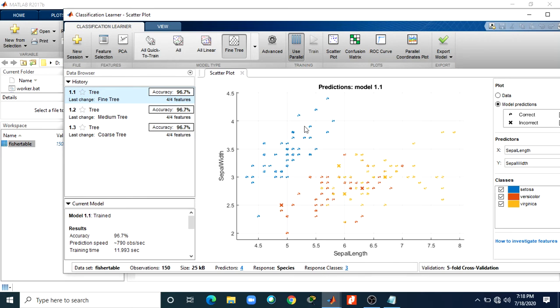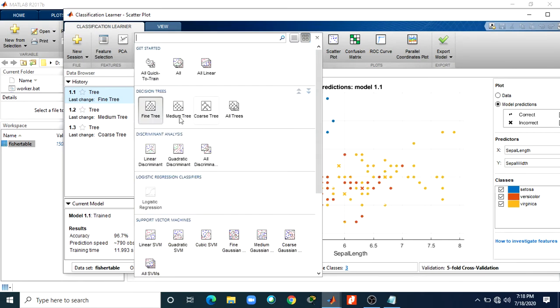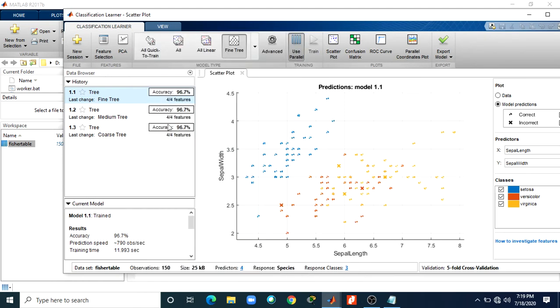To create the classification tree model, in the classification trainer, select this model drop-down list. You can choose three types of decision trees. You start with the first, fine tree, with maximum number of splits 100, then the medium tree with maximum number of splits 20, and the coarse tree means a maximum of 4 splits. Here it takes 20, here it takes 100. All trees means train all the available decision tree classifiers. The three decision trees also give a good accuracy result, that is 96.7.